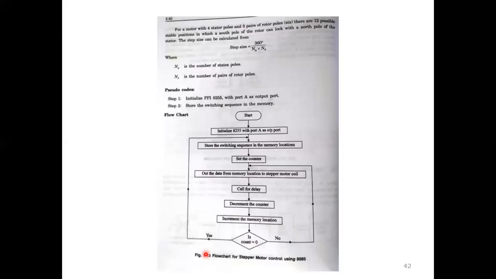Then check whether the value is 0. If it is 0, it goes back to the initialize position, then starts the switching sequence. If not, it goes to set count. So this is the concept. Once we execute this program, the stepper motor will continue